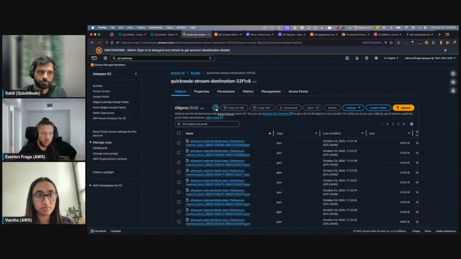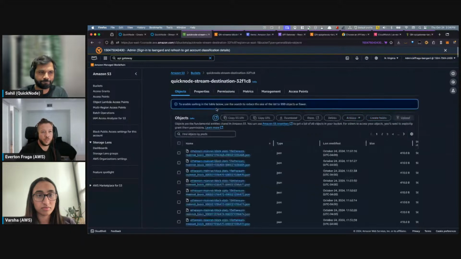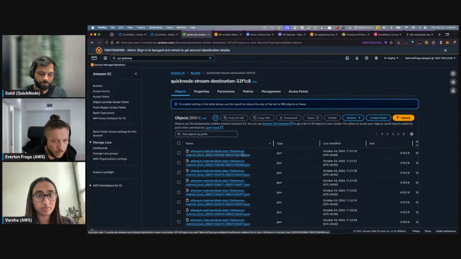A bucket we can call kind of a folder or directory, a good parallel. Those files are being uploaded here with information about the block. The block number is 21 million and something.